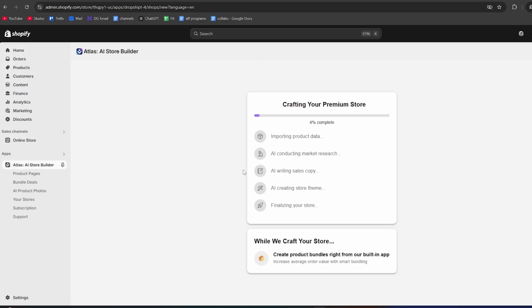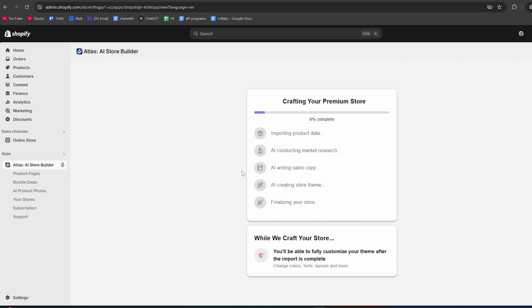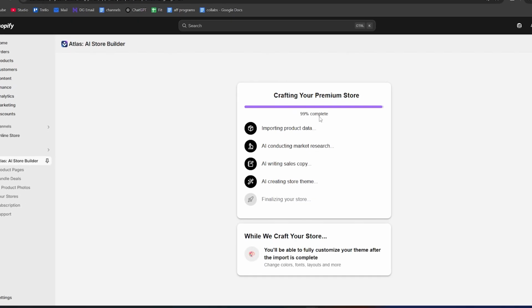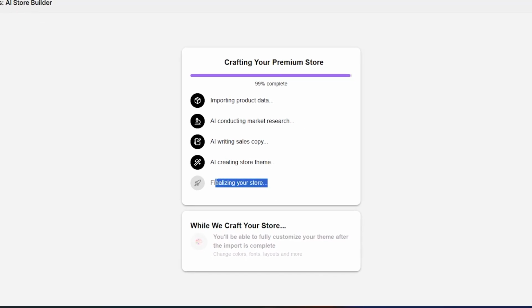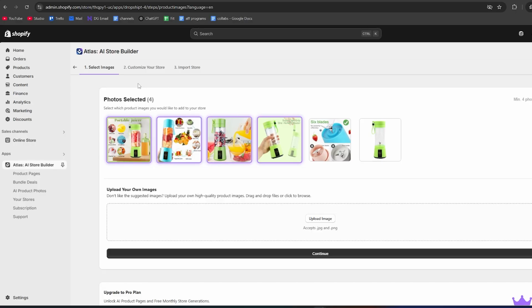Now already the AI will start making the template for a complete website around this product. This process usually takes about 1 to 2 minutes. Okay, it's been a minute and as we can see it's almost done and it's now finalizing the store. Then once the process is complete, you'll see a screen showing the images that the AI has imported from